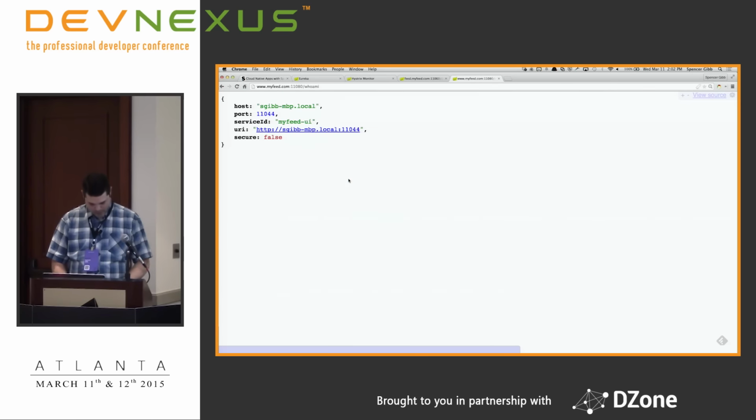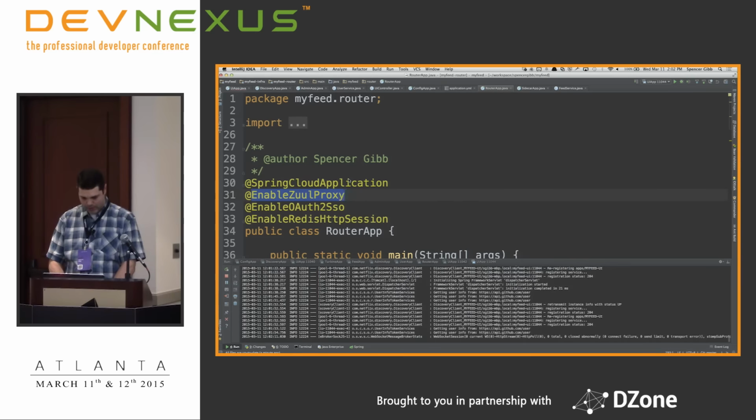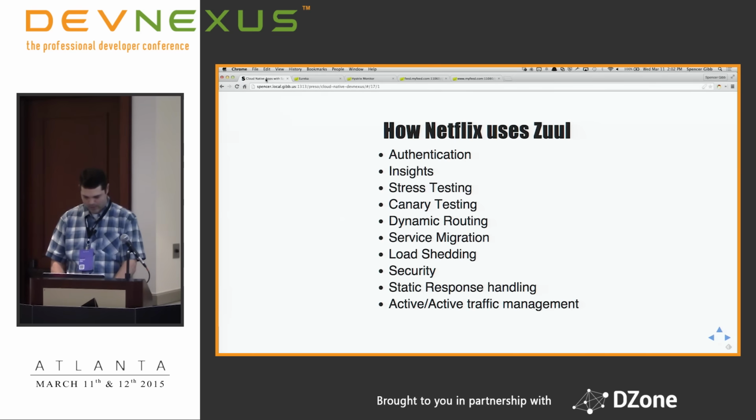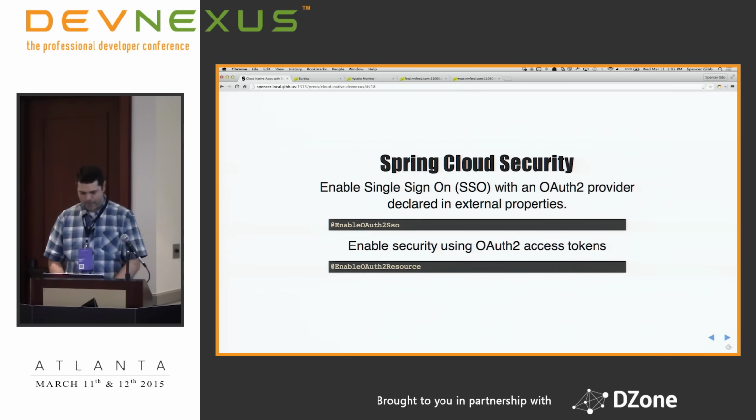So another thing I want to cover is security. So you'll see these other annotations here. Let me come back to slides. I wanted to secure this application. Most of my demos have always been just unsecure, and I was like, that's just not real. I mean, most apps, at least some portion of the application needs to be secured. So Dave Syer wrote most of this OAuth 2 integration, but with a couple annotations and some configuration, you can get OAuth 2 security plugged into your application.